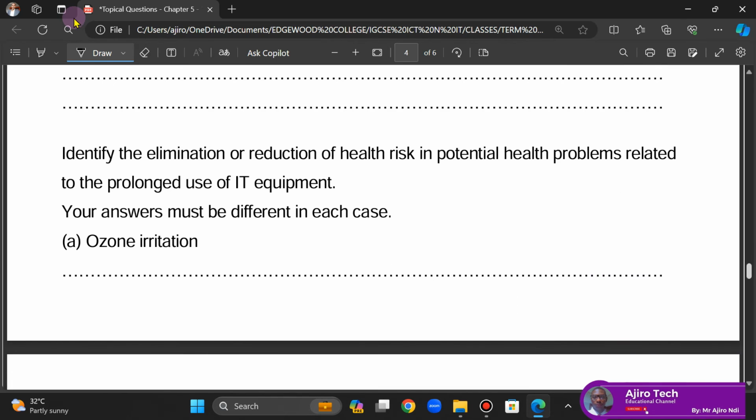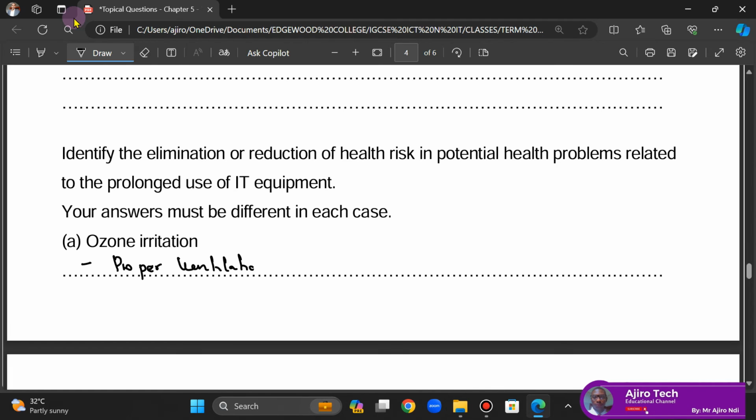Identify the elimination or reduction of health risk in potential health problems related to the prolonged use of IT equipment. Your answer must be different in each case. So the first one I have is ozone irritation. The elimination or reduction of the health risk is